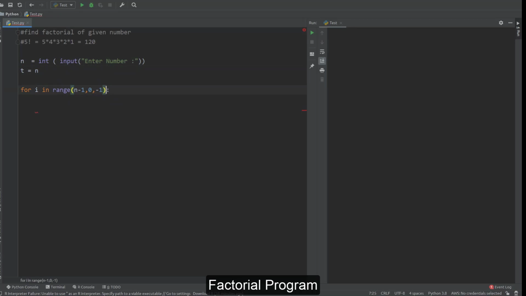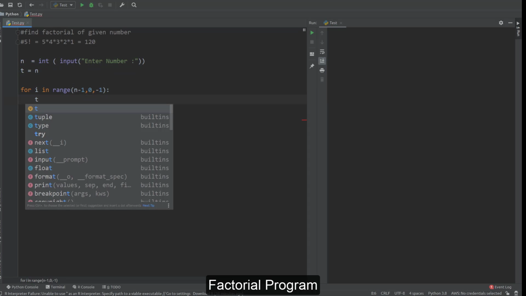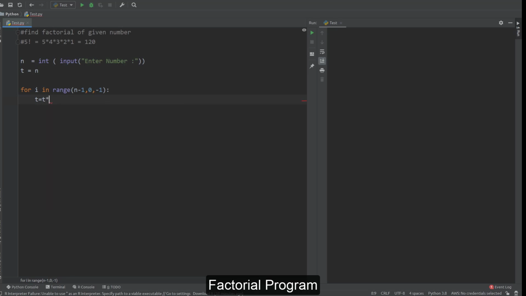So what is our operation? Operation is just this, that we want to multiply this n by this i. So instead of n we will use t because t also contains the same value. So here we are saying t is equal to t into i, and that's also a one line program. Here if you want to see in detail how it will work, suppose value of n is 5, so value of t will be 5, initial value of i will be 4 because we are starting this loop from n minus 1. So this multiplication in first iteration is 5 into 4, so that will be 20